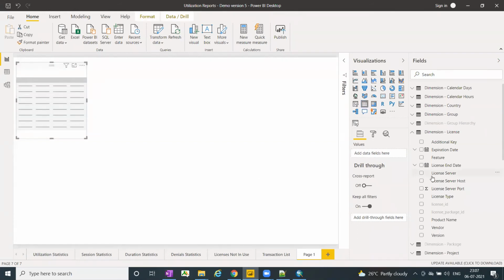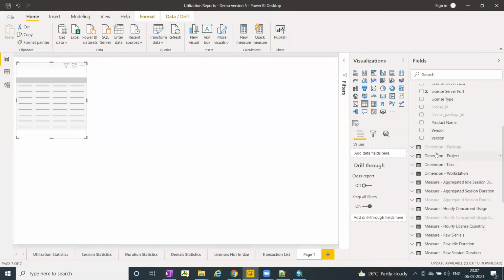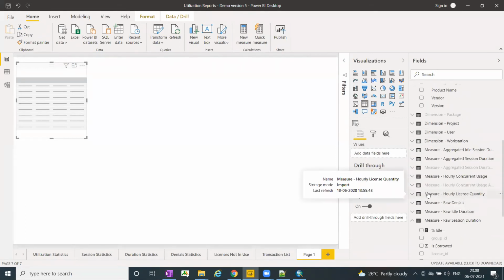In dimension, you can see you have everything: OpenLM time-based, aggregation, group-based, license-based, etc. These are all the dimensions that OpenLM has. Apart from that, we see the measures. Going on to the measures, you will find idle duration, session duration, raw denial, license quantity, aggregation, forms, and all. So let's try to create a quick report.